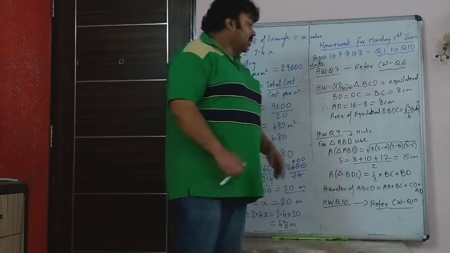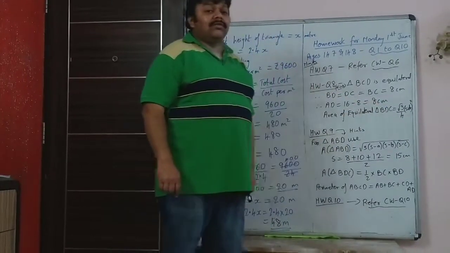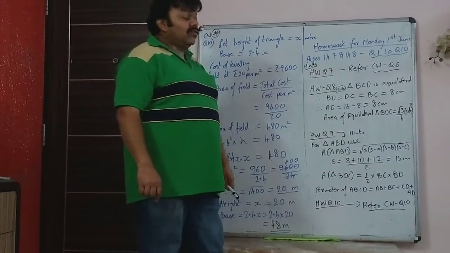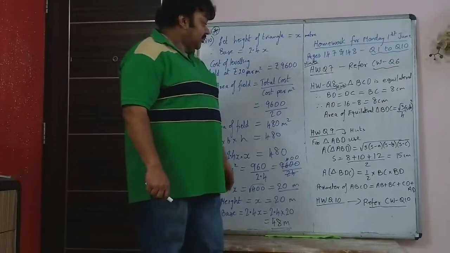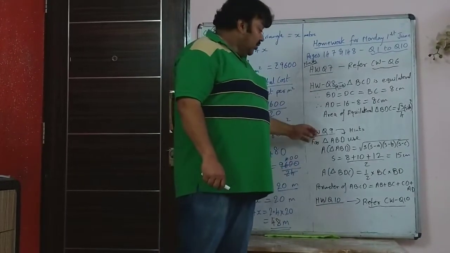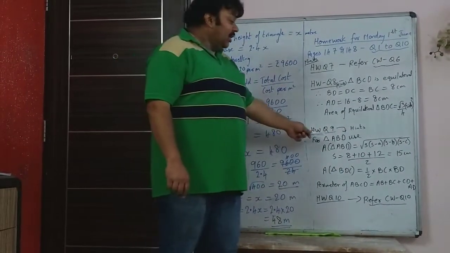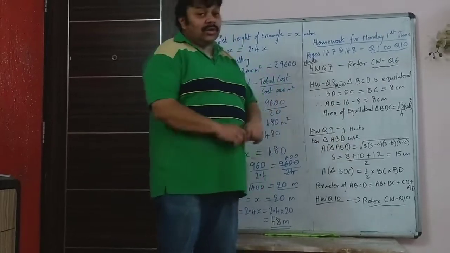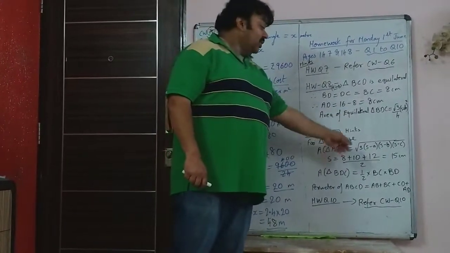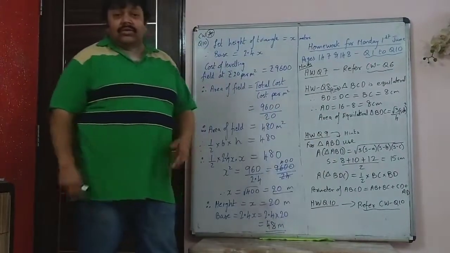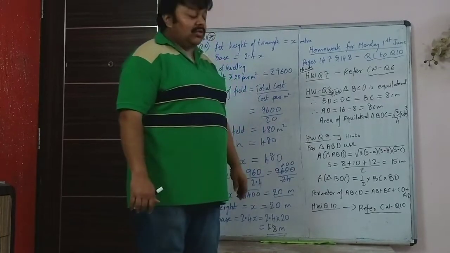By using this, and when an equilateral triangle is specified, you can use the equilateral triangle formula, that is root 3 upon 4 side squared. And same way you can solve sum number 8. You try this. Then question number 9, again I have given you a hint that for triangle ABD you have to use Heron's formula because all the 3 sides are known. So that can be used to find that. No one has told you that 2 sides are perpendicular in ABD, so don't assume what is not given.